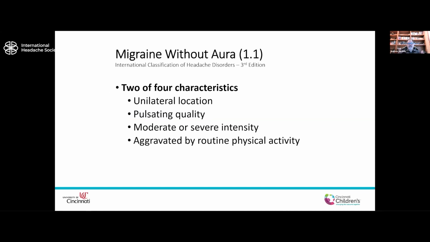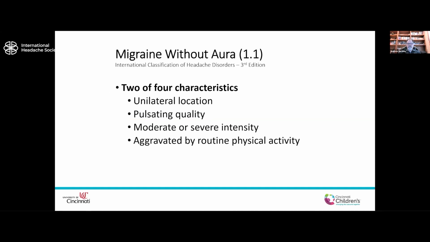Next in the hierarchy of the criteria is the characterizations. So what is the headache characterized as? And we can see here for the headache due to migraine, it's that unilateral location. Again, going back to the 200 AD when it was called a half-sided headache. In kids, that's not necessarily the case. The pulsating quality, the severity or intensity being not just severe, but also moderate, and then the effect on physical